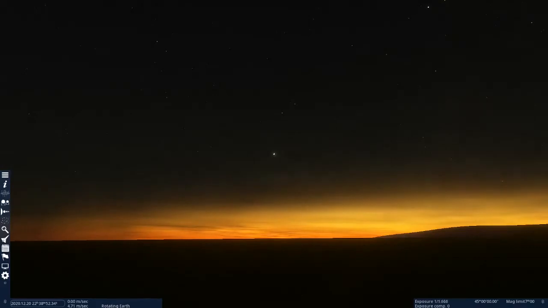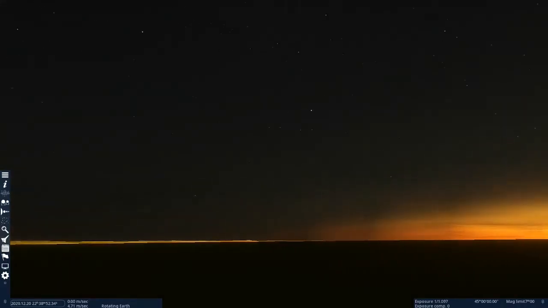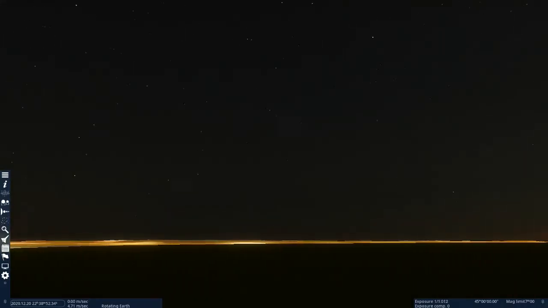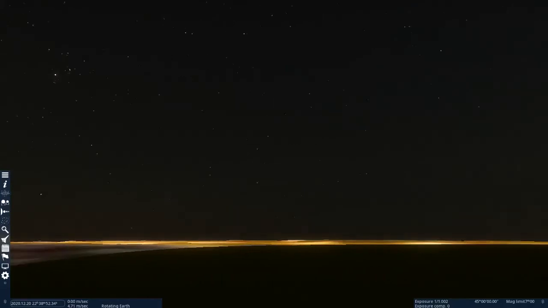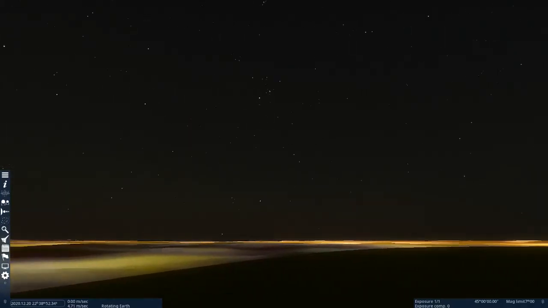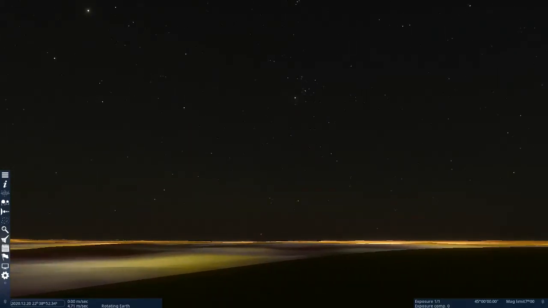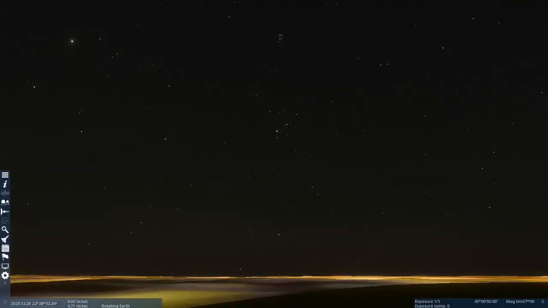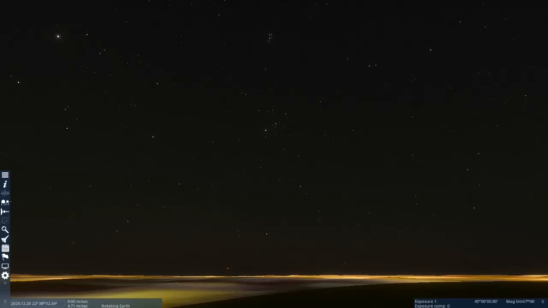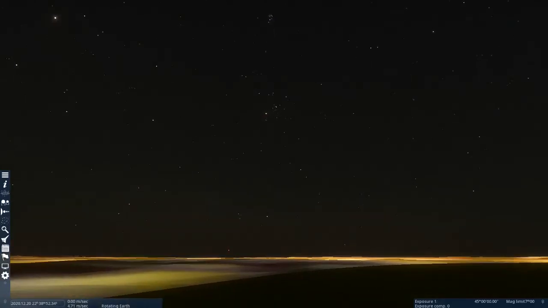There, back to normal exposure. I have controls on the camera. I have controls on the zoom ratio. I'm going to pan the camera around to the east. So we're actually looking out over the lights of the Lehigh Valley. And on your screen there, right in the center, above, is the Hyades and the Pleiades at the top center of the screen. And it's time to start traveling. It's time to launch into space.